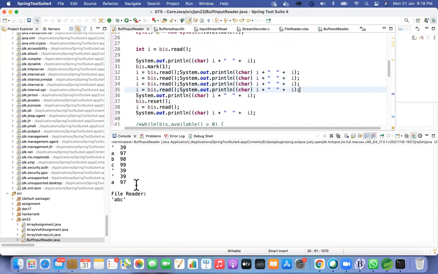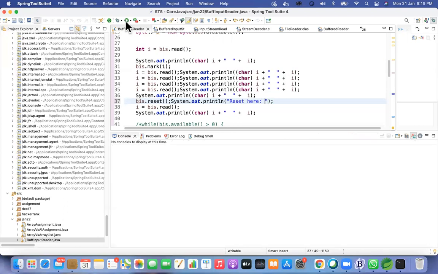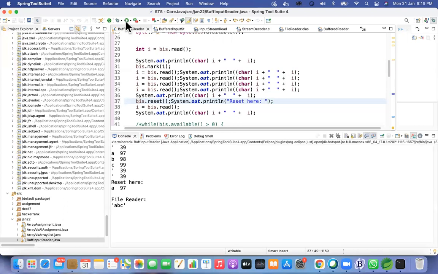I think multiple reads are happening. That is the issue. So where did you reset? After line number 38, can you differentiate, like you're resetting it after the test is over, to understand the position of the mark? So after reset, your position is again starting from the first. So the 97, it's skipping the 1 and it's again resetting it. So it's not considering the mark. Earlier the mark position was 1, so it was reading from the next position. But after you reset, it's empty, so it will read normally.